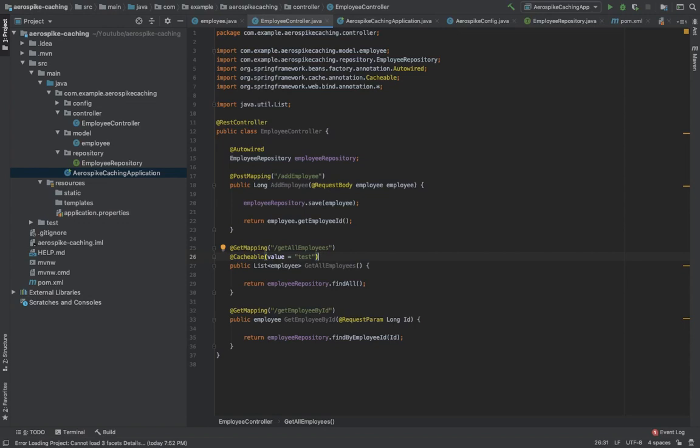Now, if you have any parameter in your API, such as in this API where we have employee ID as a parameter, in these APIs where the results are different for different employee IDs, you have to add the parameter as a key to cache those results.